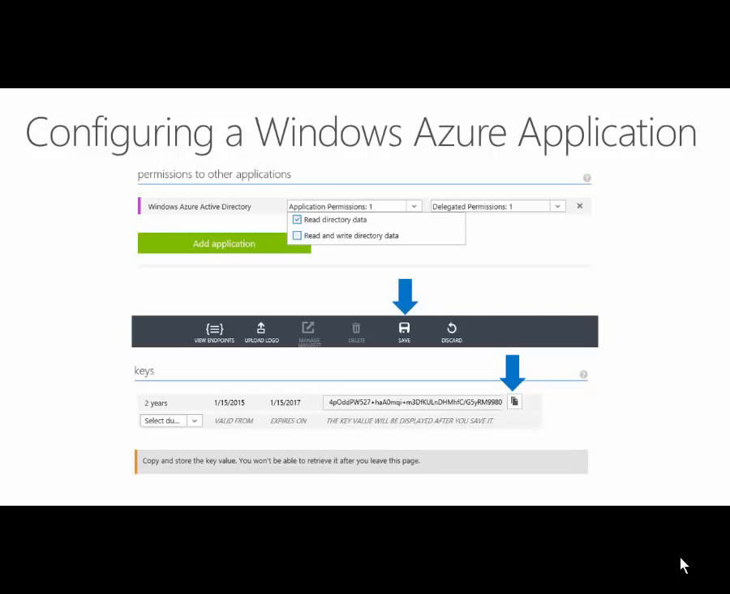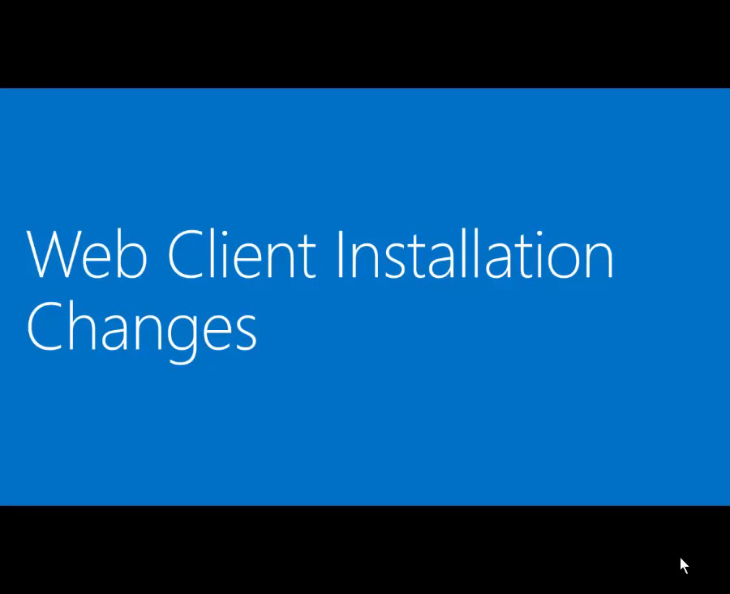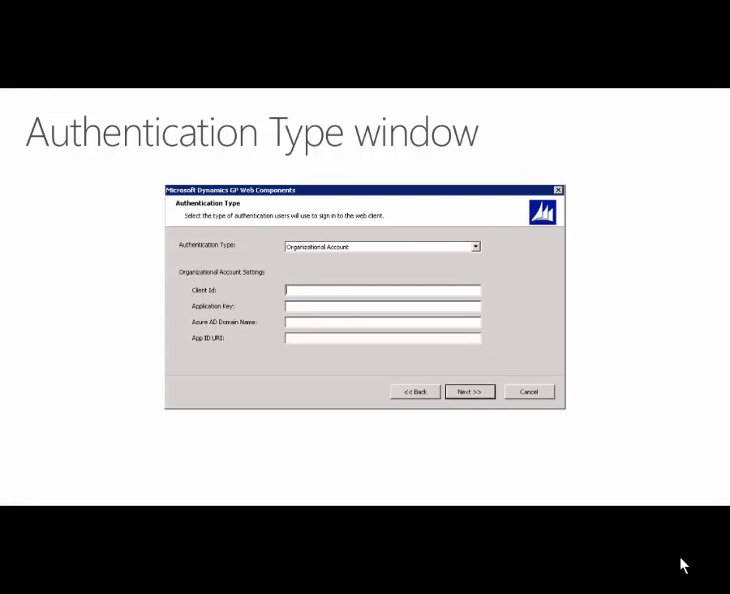So now let's look at the web client install changes. The first one's going to be on the authentication type window. And on this window, you have three options: Windows Authentication, Organizational Account, or Mixed Mode. In this particular case, we would choose organizational account, but if you chose mixed mode, that would really be when the Azure application is multi-tenant, and we're getting authentication from both a domain controller as well as Windows Azure Active Directory. So that's mixed mode, but really we're going to be choosing for this example